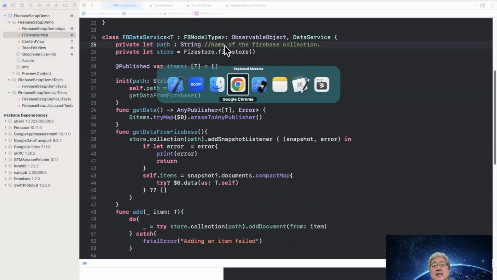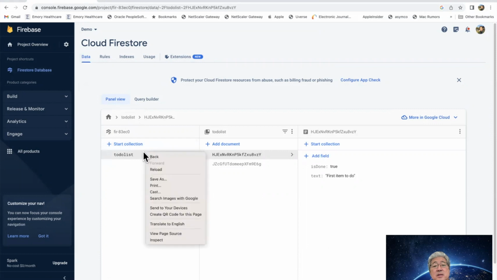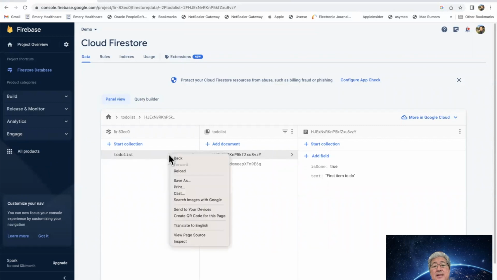And that collection is going to actually be this name right here. So remember we created the Firebase data, and then here's a database, and here's the data. So I'm going to delete this for now, but eventually this to-do list is the name of the path, i.e. the name of the data set, shall we call it,